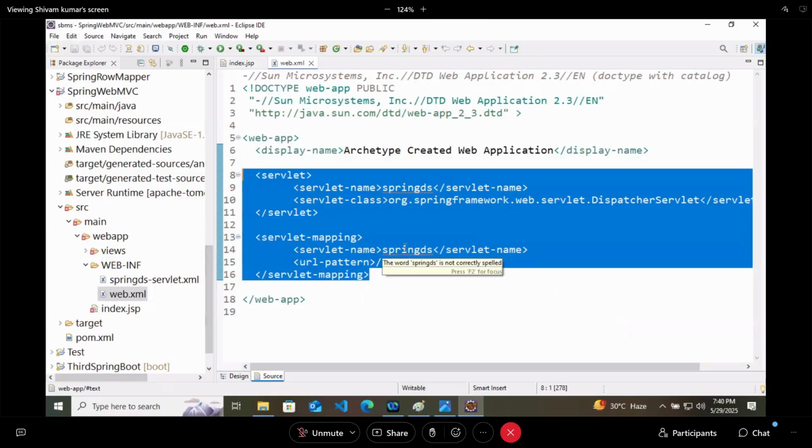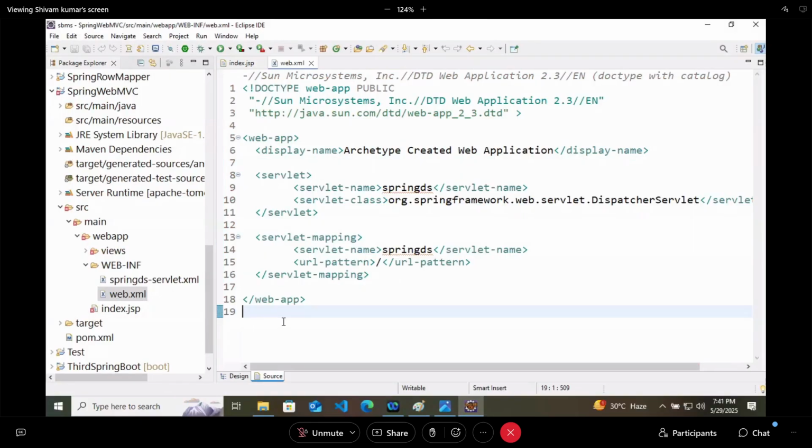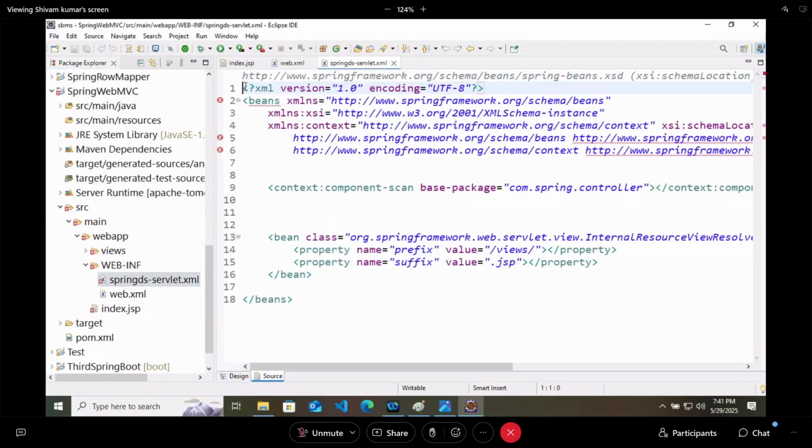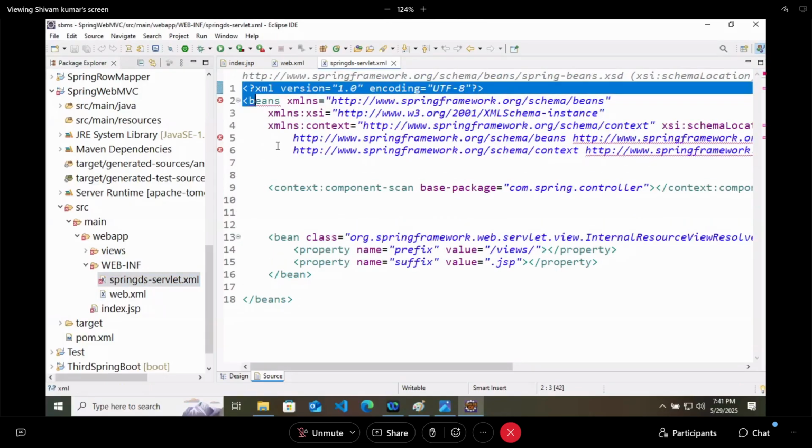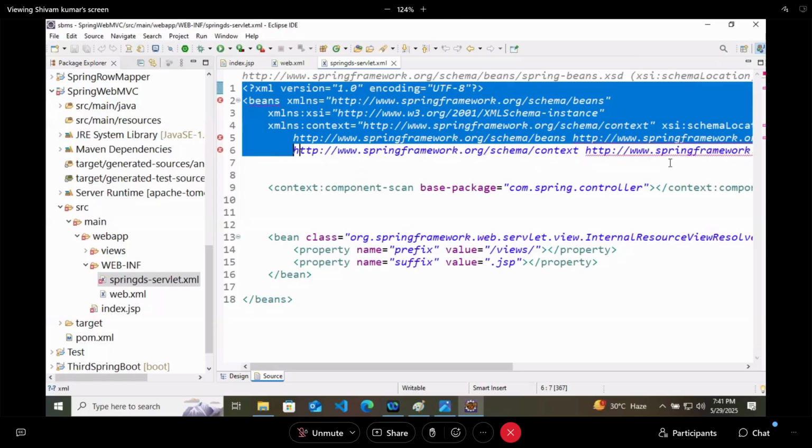So you have to create one XML file for that. How? Your dispatcher servlet name hyphen servlet.xml. However, it is not necessary to do it like this only. So here we have created one file with the Spring context DTD that we have copy pasted here.